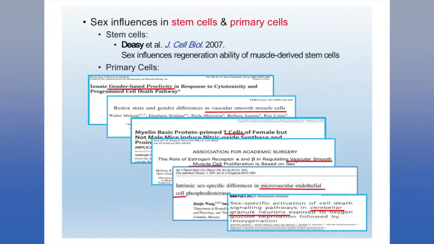So if we look at the literature, sex influences in stem cells and some primary cells are reported in the papers. But in most preclinical studies, when you do cell experiments, cell lines are used. And many of the papers do not report the sex of the cell lines they are using. So in a study by Taylor et al., which was